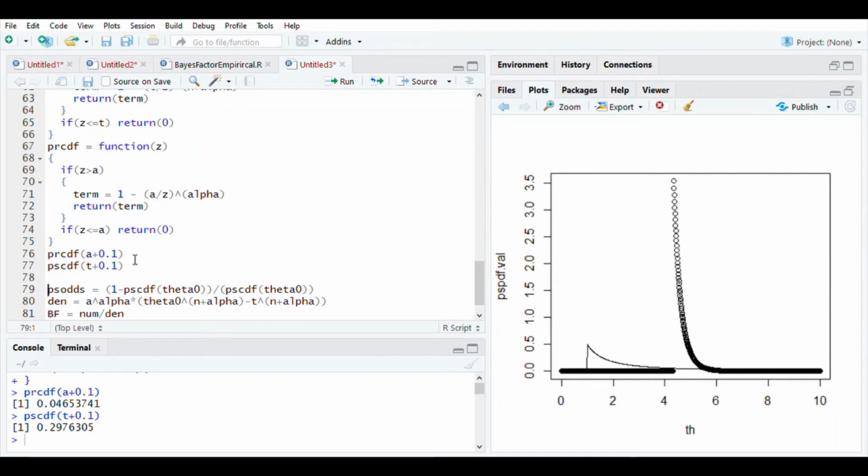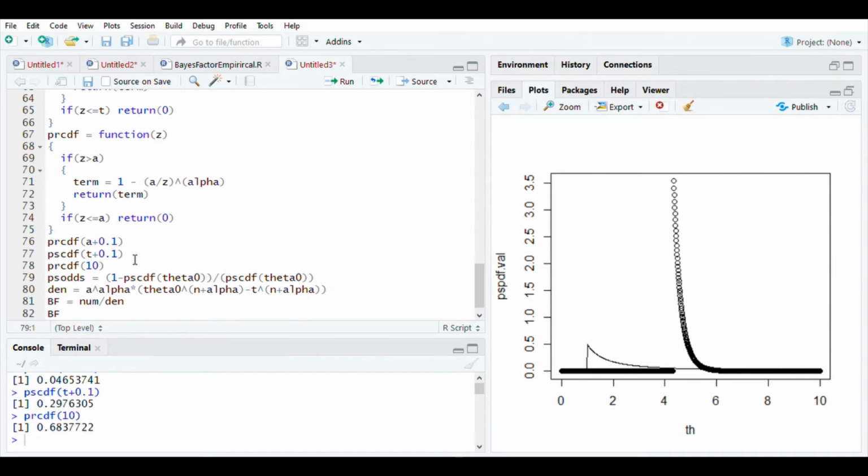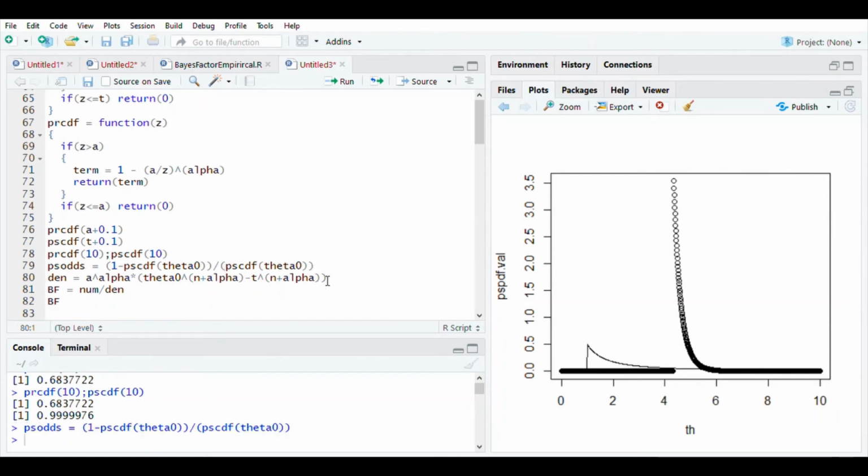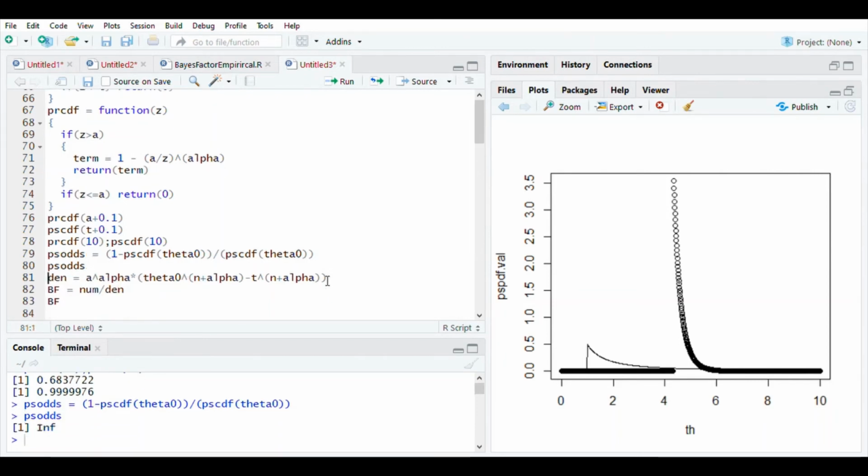Let us see if the right limit of this CDF is 1 or not. So the PR CDF at point, say, 10. Okay, it is increasing, and the PS CDF also at the same point, say 10. Okay, very large. Now let us compute the posterior odds. Let us look at the values. PS odds, oh, infinity, because